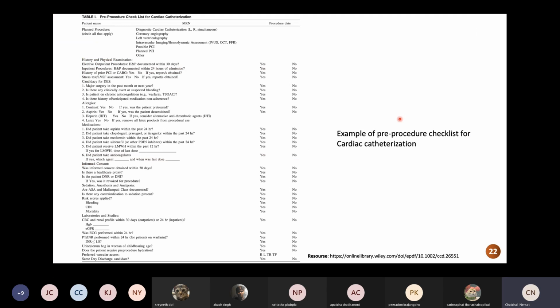Here is an example of a pre-procedural checklist for cardiac catheterization. You will see there are a lot of documents that you have to be concerned about. In some hospitals, there is really quite a lot of work to do. But anyway, to ensure that we do the right procedure on the right patient, we have to do this checklist